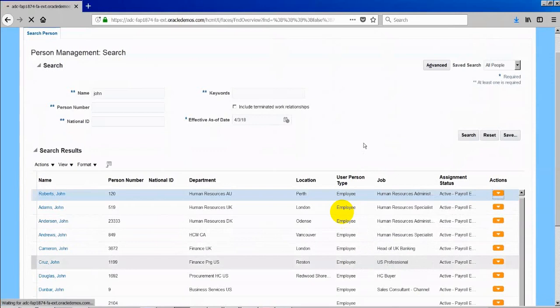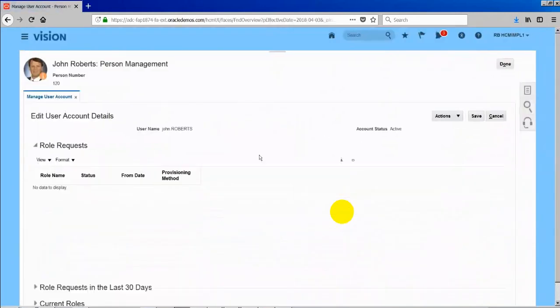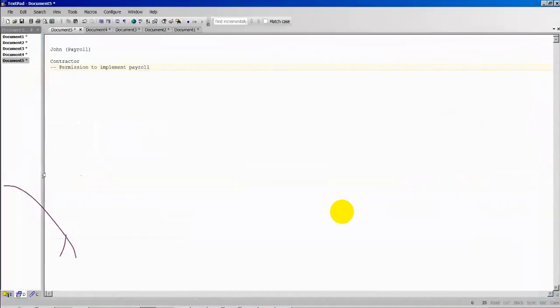In this manage user account, we have to assign the respective user access. For example, if he is implementing HR, then HR administrator access. If this person is implementing finance, then finance administrator access. If this person is implementing supply chain management, then SCM administrator access. We have to give that.